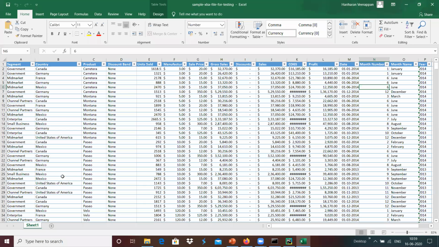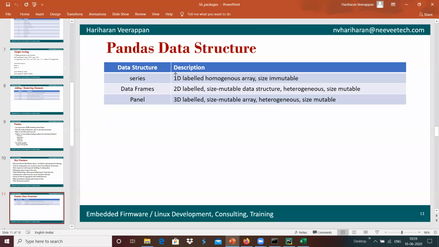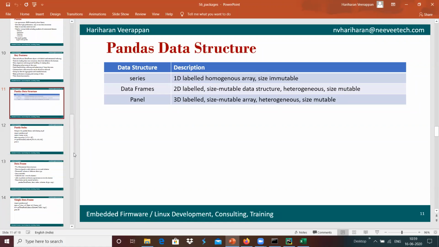For example, we have strings with the country, floating point with units sold, and floating point with manufacturing cost. Different data types can be grouped in a data frame, and its size is mutable. We have another element called panel, which is a 3D labeled, size mutable, heterogeneous array. We will see that one by one.